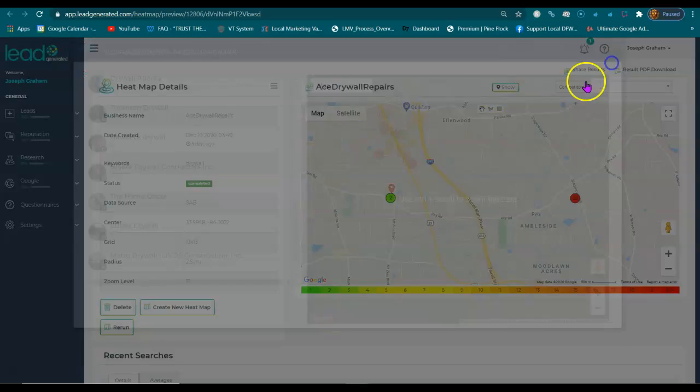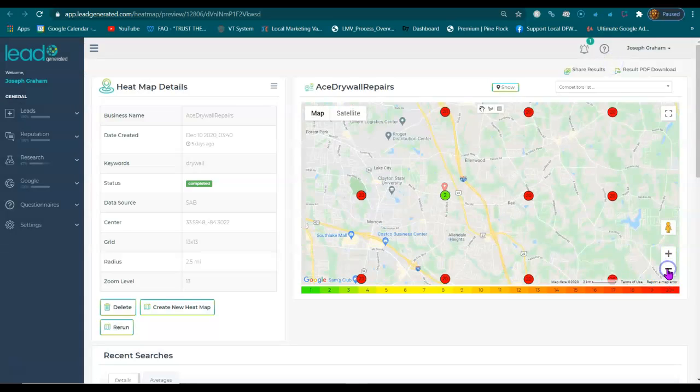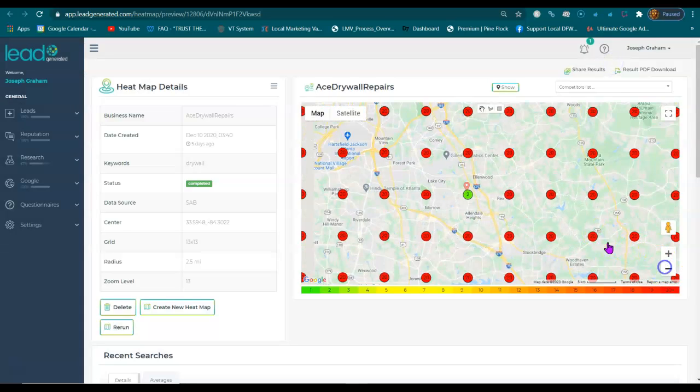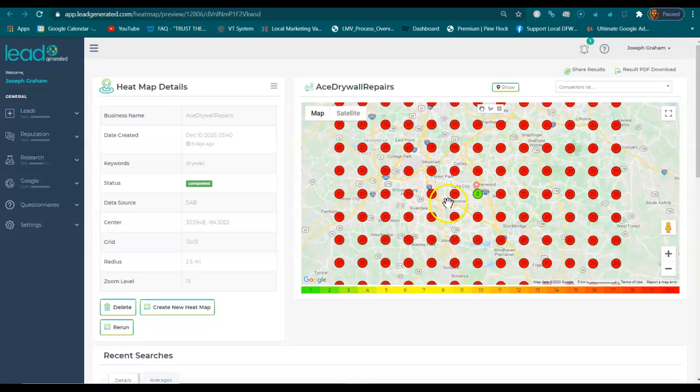So just keep in mind that whenever you are being shown in more areas in those search results, you're going to be getting more sales, making more sales. So if you want to learn how to do that, stick around and watch the next video.